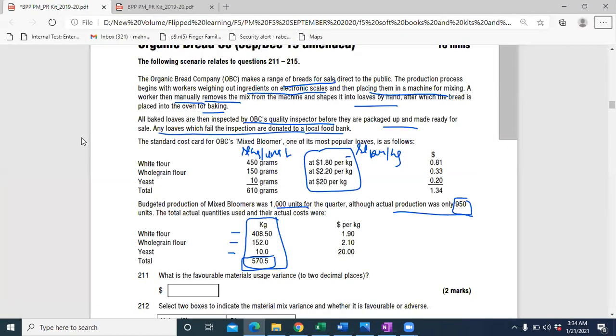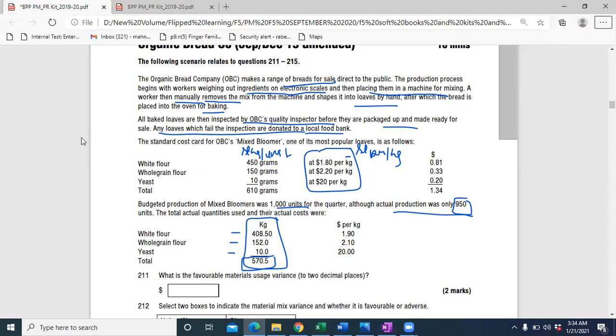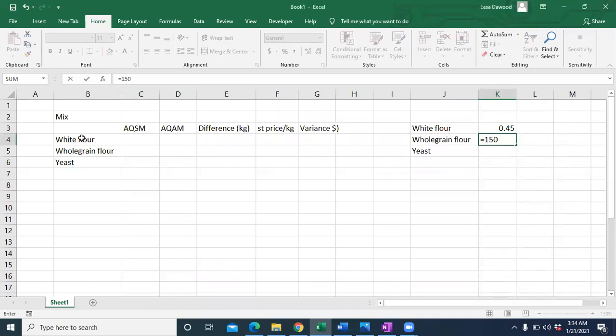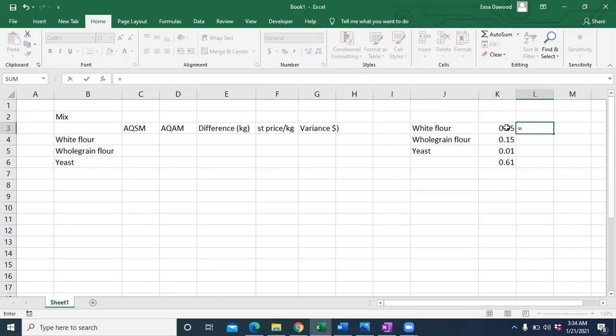I need to convert 450 grams, 450 divided by 1000, 150 grams, 150 divided by 1000 and 10 grams, 10 divided by 1000. If I take the total sum of this, okay, this is 0.61. How do I calculate my standard mix? So 0.545 divided by 0.61.